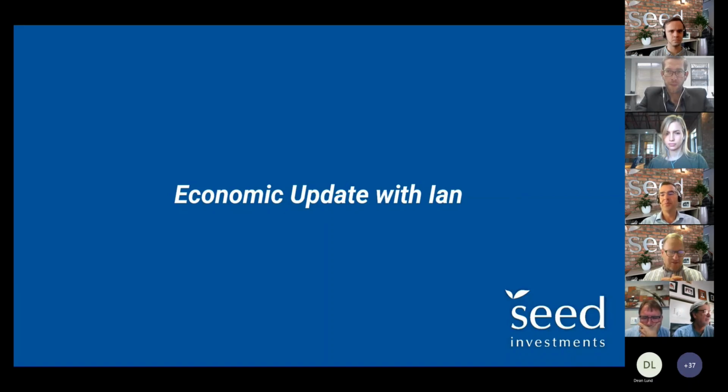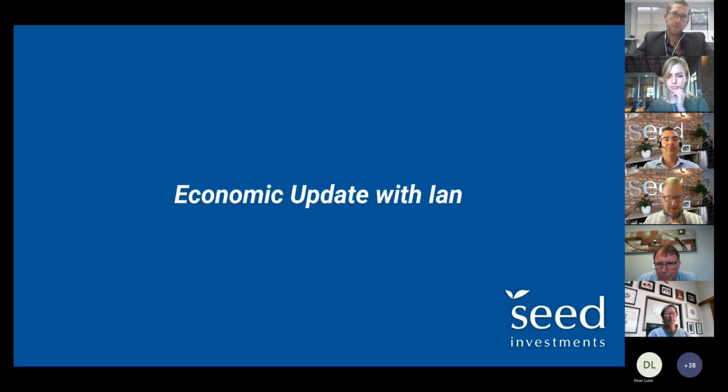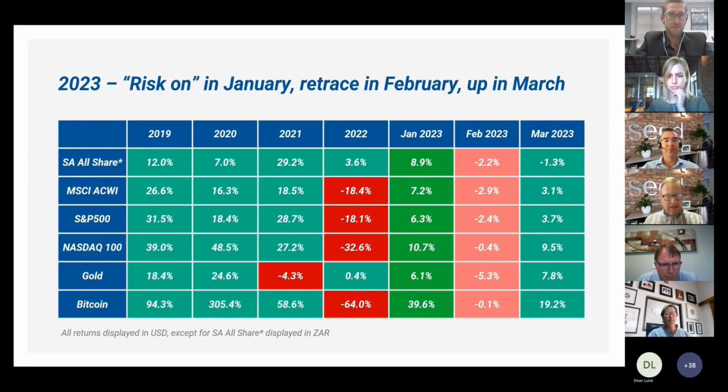So yeah, as Adrian said, a little bit less focused on economic stuff. I've got one slide, a bit of macro. So let's just recap how we've kicked off this year. We had the slide a month back, and I've just updated it for the end of March. These are all your risk assets around the world in terms of equity markets, and except for the JSE, everything else is in dollar returns.